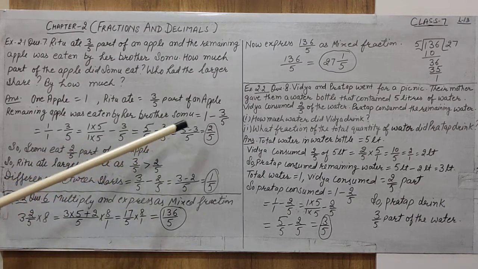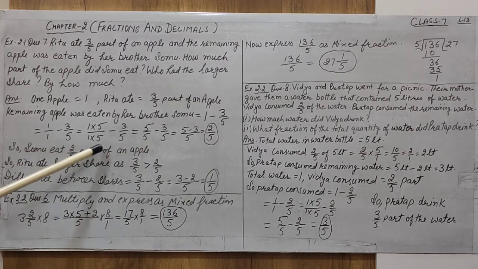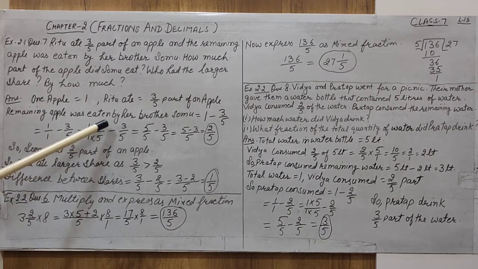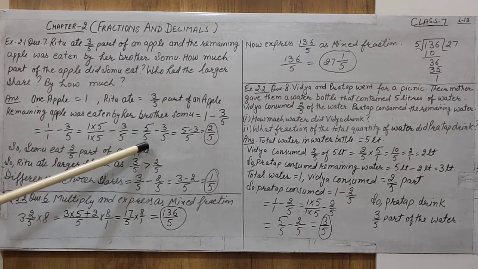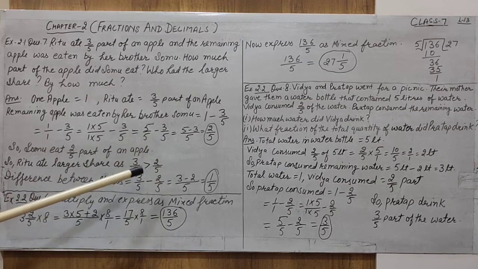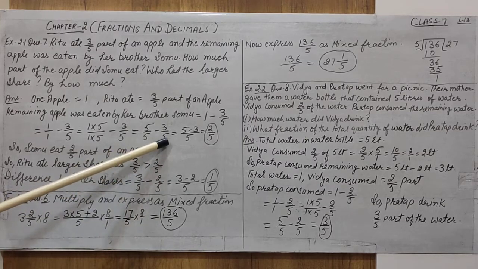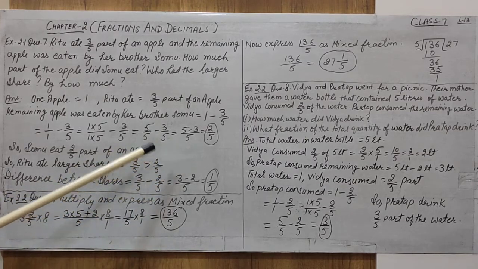So instead of 1 minus 3 by 5, we can change the fraction's form like this, by placing the 1 in the numerator with 1 as the denominator, then multiplying the numerator and denominator by the same number to make the denominators the same. Now the denominators are the same, so we can take the LCM of these numbers, and that is 5.